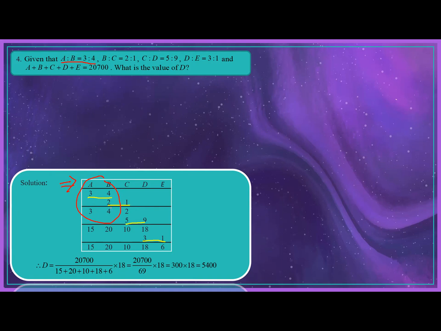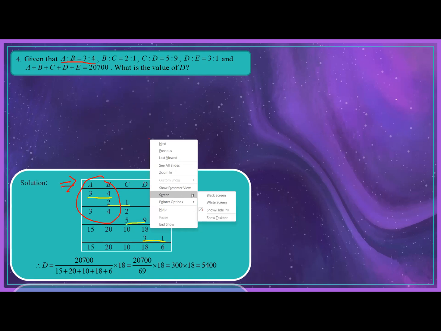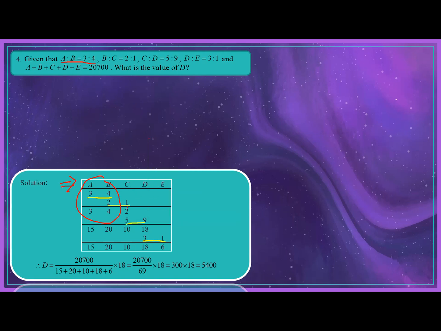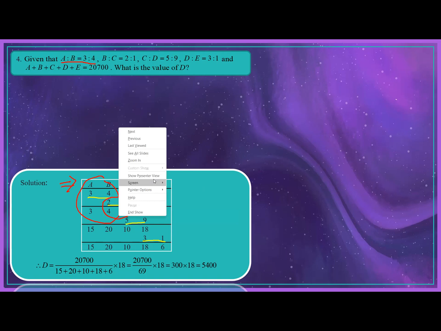Pero adjusting here, adjusting at the third ratio, which is the B is to C, essentially that would also be 2 is to 1, right? So from here, you follow 4 and you multiply C by 2 so that the ratio would remain 2 is to 1. Okay. And also, after that,